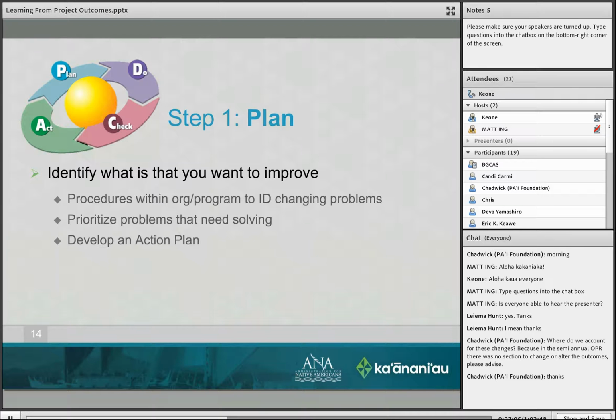You have to start prioritizing the problems that need solving. For some people, this process is really overwhelming because there might be so many problems that need to be addressed. But you have to start somewhere, and you have to start where it can make the most impact.